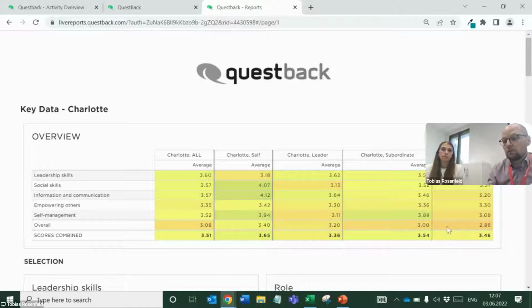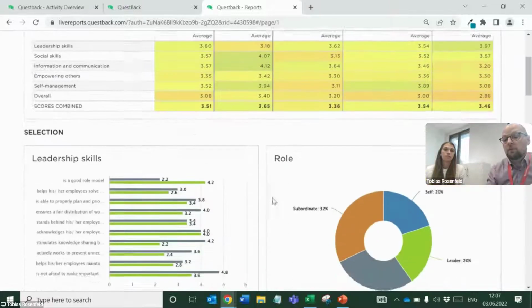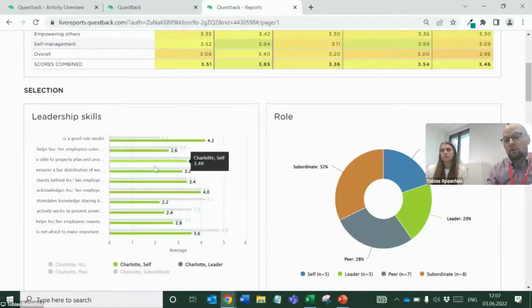And then you see that the red areas are probably the ones that need most attention, while the green areas are where the scores are highest. Of course, a report is not just all about condensing the information into a heat map. It's also about getting more details out of it, and that can be, for example, added by a comparison,